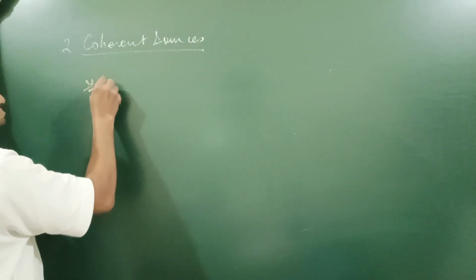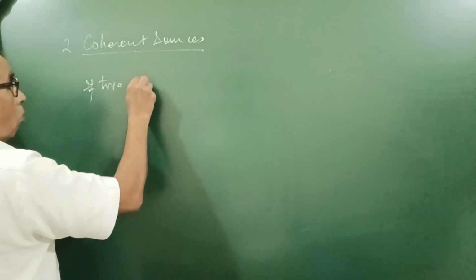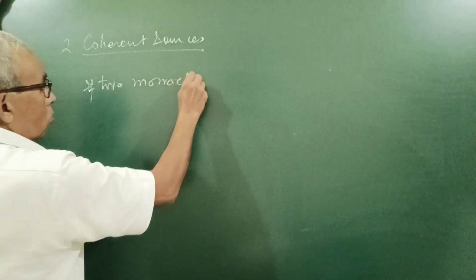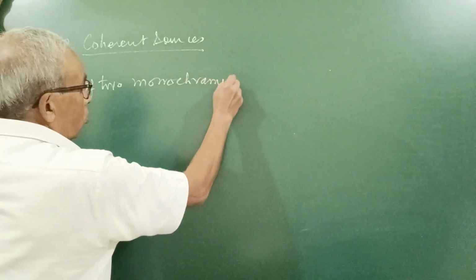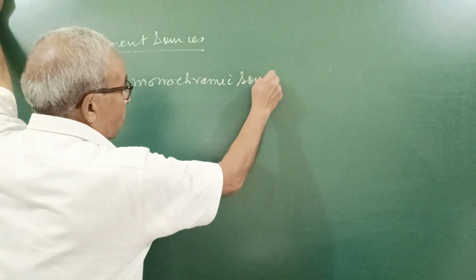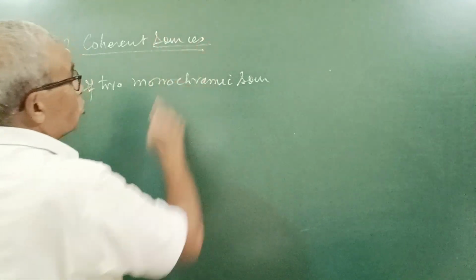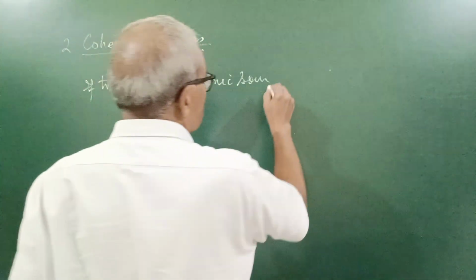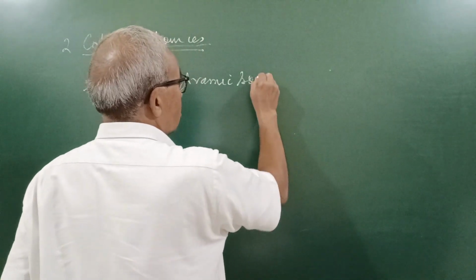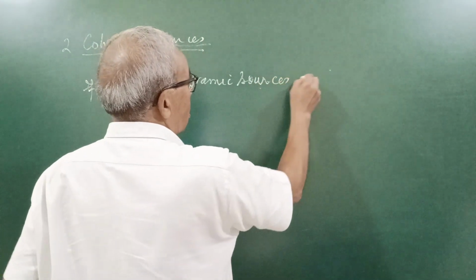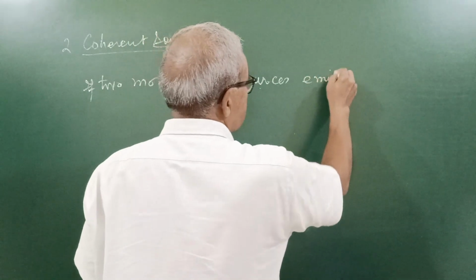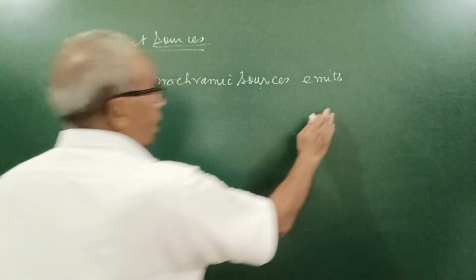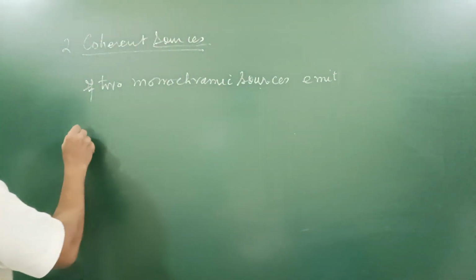If two monochromatic sources, we say sources because there is more than one, emit light